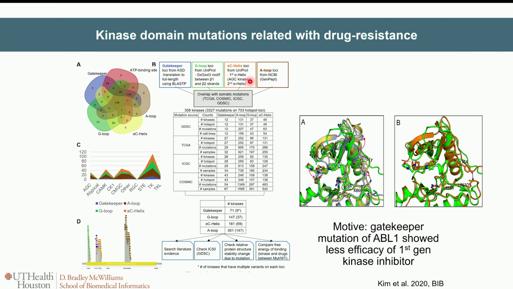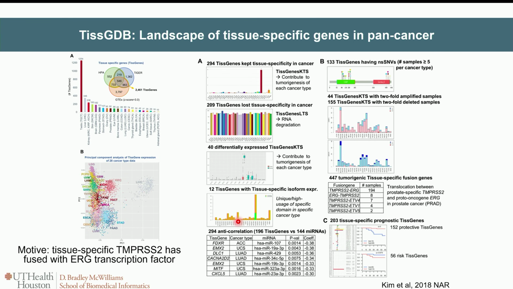So we systematically screened among 500 human kinases how many and what kind of point mutations are located in these kinase domain hotspots. We found several cases like here. I was also interested when I saw the TMPRSS2-ERG fusion, which happens in more than 50% of prostate cancer patients. I thought that because the TMPRSS2 gene is an androgen hormone-specific, tissue-specific gene,